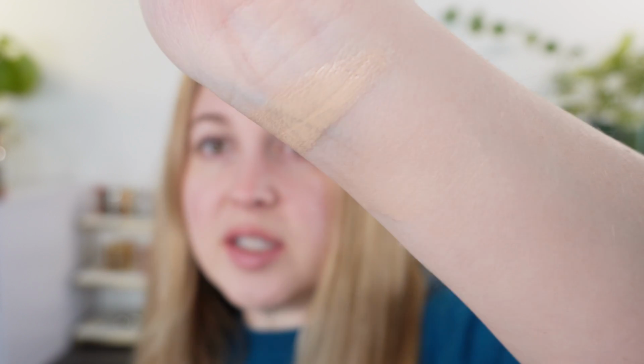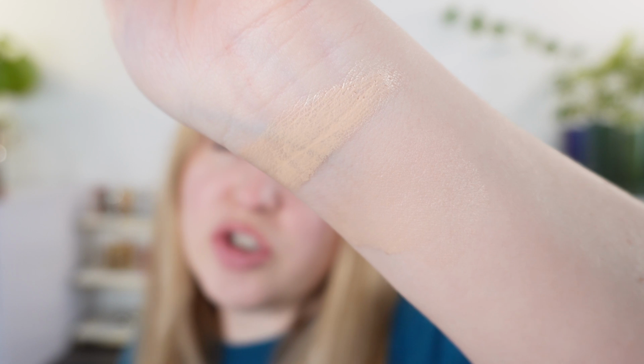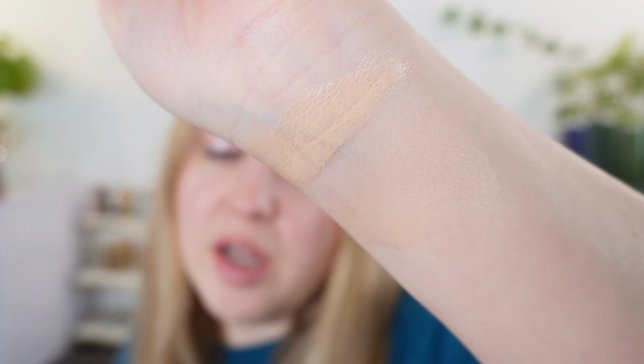So this product itself is a little bit more like something like the Charlotte Tilbury Hollywood Flawless Filter, something like that. And we'll talk a little bit more about this and its uses, but it is meant to be a multi-use, multifunctional purpose. But we are looking at more of your skin tone shades, whereas the Forever Glow Maximizers,